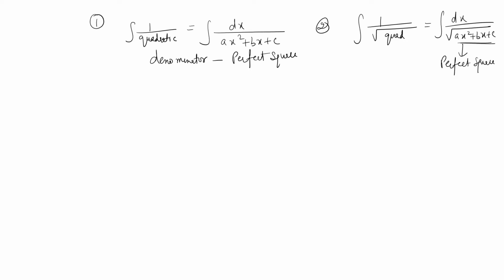And then the without-root formula means 1 upon quadratic will take the first three forms, and the last one, this second one with under root, it will take either of the three formulas which were with your square root, right? So we will be using it. So let us see the application of this question, how we are going to do.